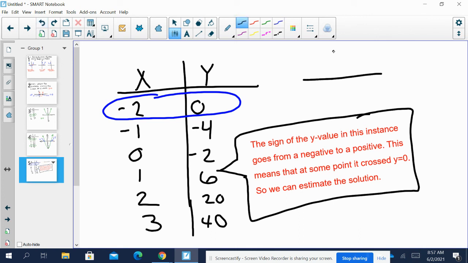If I were going to graph this, let's see, -2, 0, -1, -4, 0, -2, 1 is at +6. So it would look something like this. So it does go through the x-axis at another 0, and we kind of have to estimate. It's somewhere between 0 and 1. So somewhere in between 0 and 1 is our other